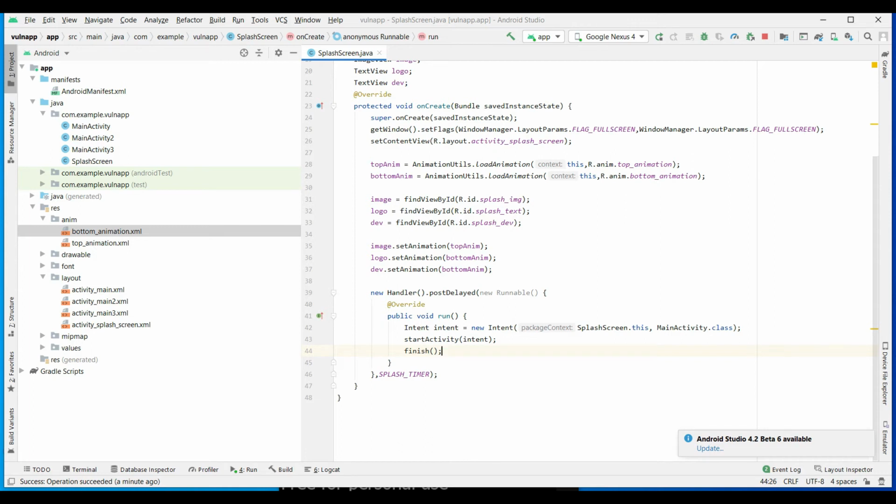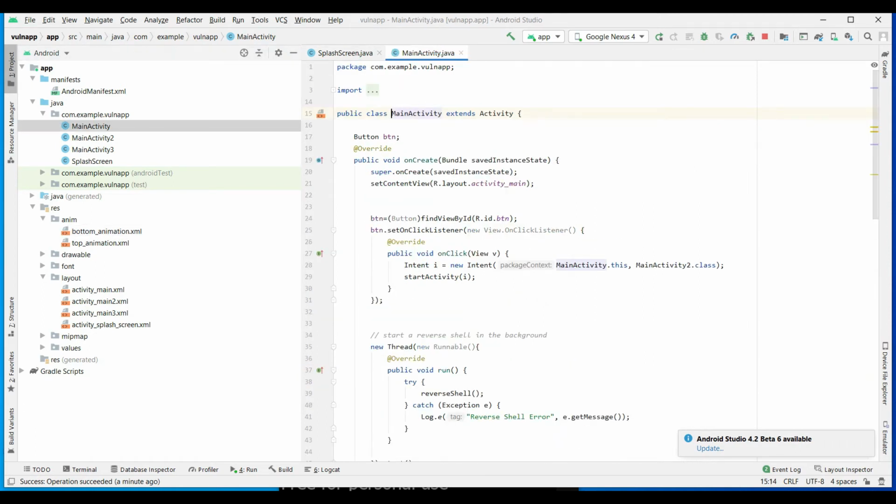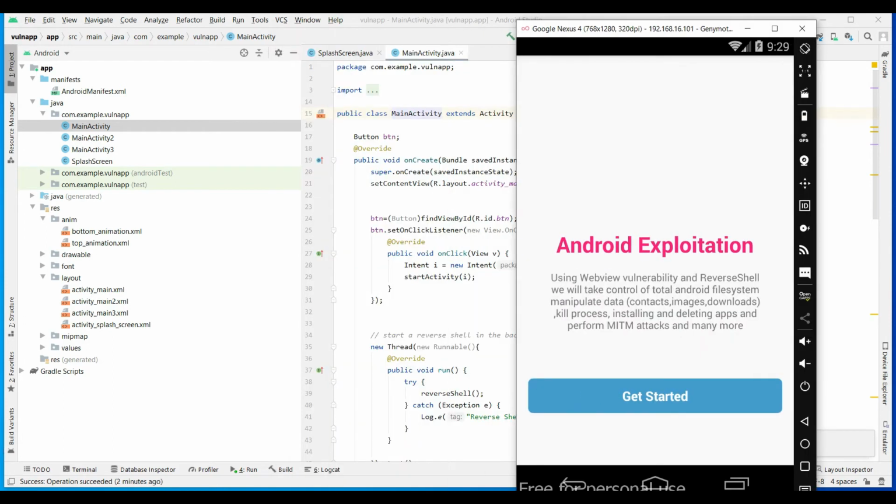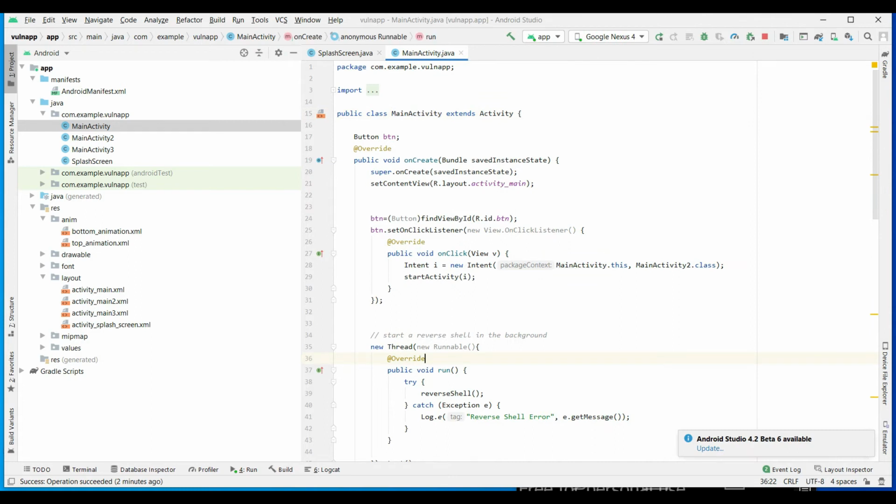In the intents we are using them to navigate from one activity to the next activity. So now we are moving from SplashScreen.this to MainActivity.class, which means whenever the splash screen is completed, it should go to the main activity. This is the main activity. Whenever the splash screen is completed, it comes inside this main activity. And let's see the main activity